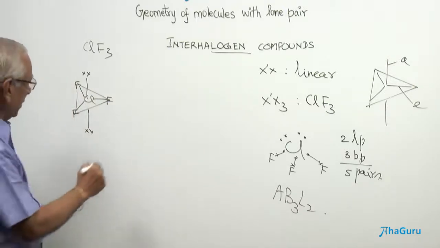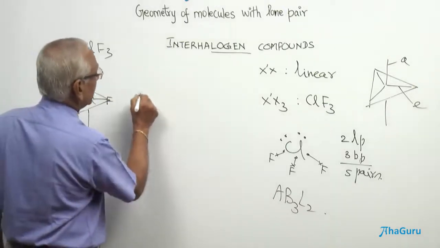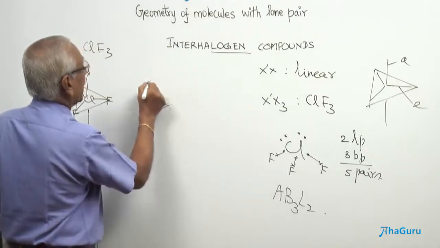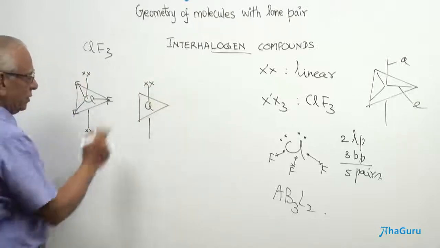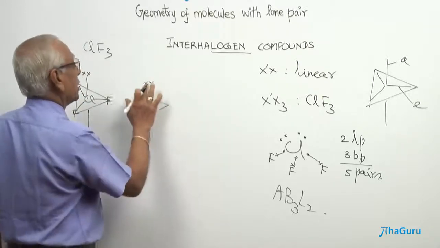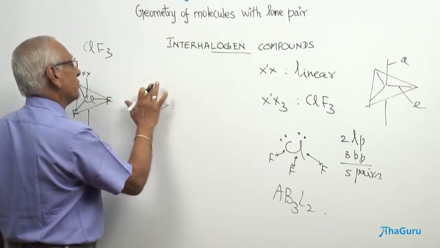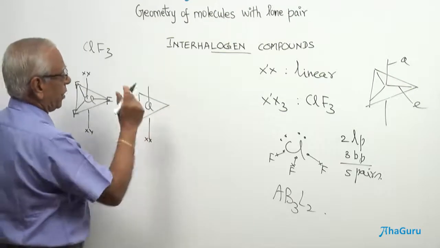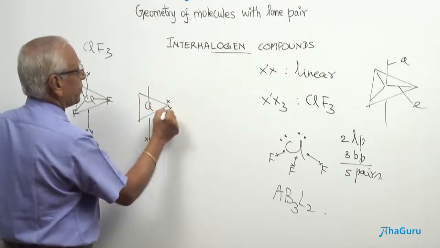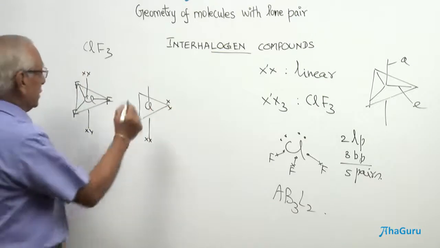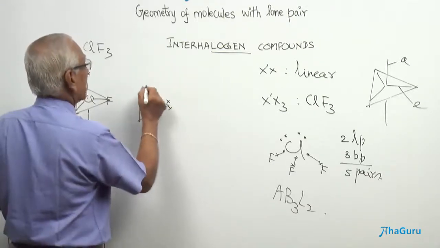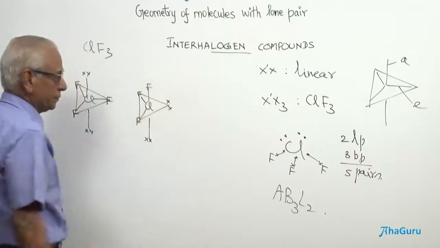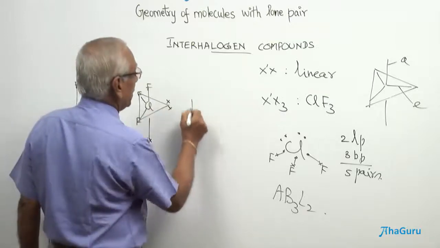This could be one structure. In the other structure, I could have put one lone pair along the axial position, either at the top or the bottom. Both of them are going to be the same. I could have put the lone pair at the top or the bottom, in an axial position. The other lone pair could be here. And the other three fluorine atoms: one fluorine here, the second fluorine here forms a bond, the third fluorine here. Now, what is the third option here?